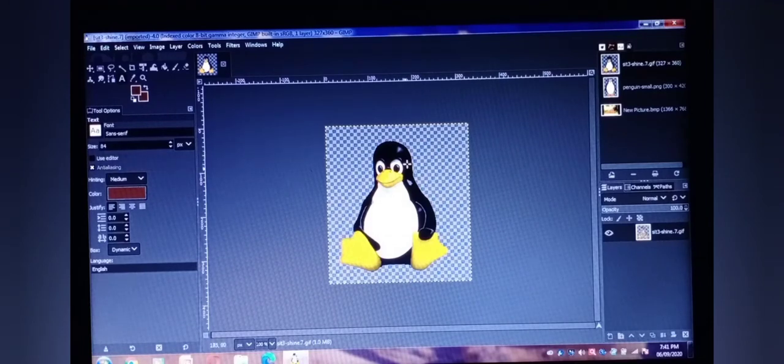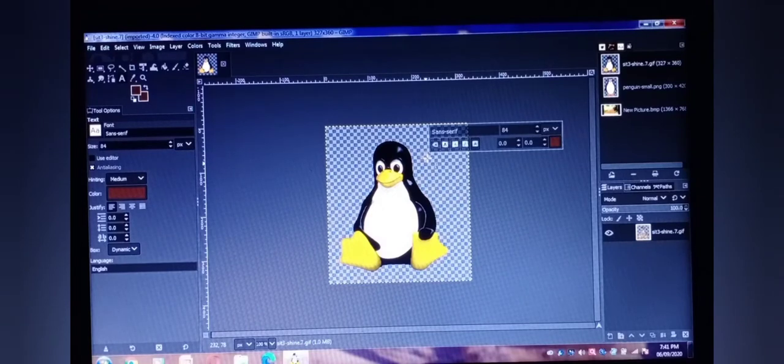So if I want to write hi here, click here and write hi. See that I have written hi here. So these are the steps to open and activate the text tool. I hope these steps are clear to everyone. Please try them. Next, eraser tool.